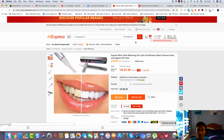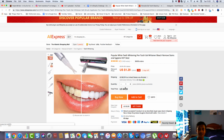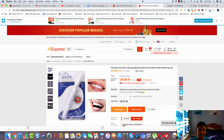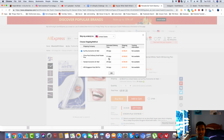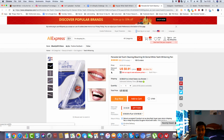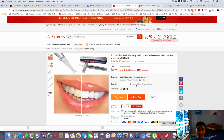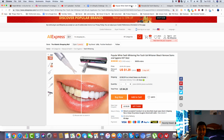So to ship the teeth whitening gel, which is the same product we found here, to the USA costs $4.20. And this is the same product. We just want to check if it's any cheaper and if the shipping time is any better. Let's see, e-packet here, also fair. And this one only costs $3.92. So this one is 30 cents better. So I would normally tend to pick this, but I want to check one more thing,